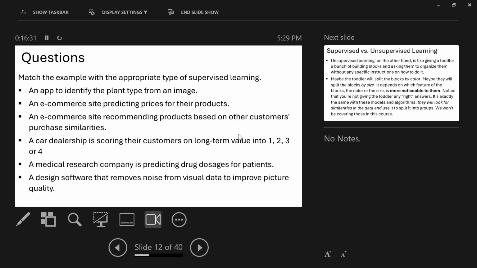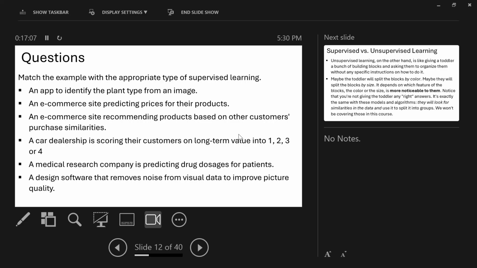For instance, the question is to tell me if it is a classification problem or a regression kind of machine learning. The first one: an app to identify the plant type from an image. Why is it classification? Okay.